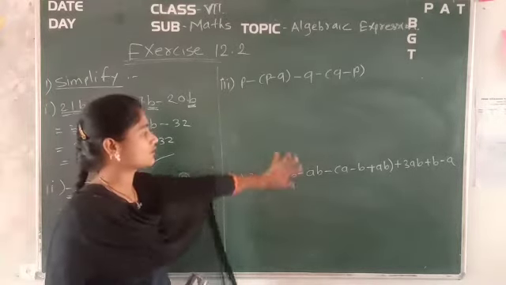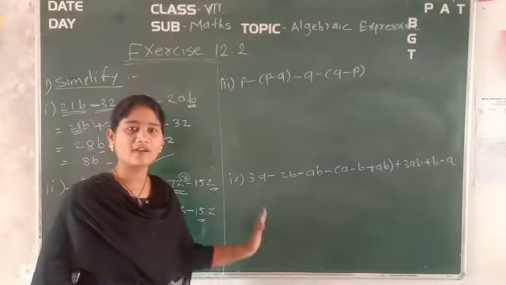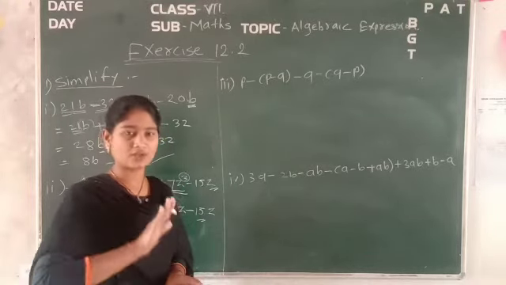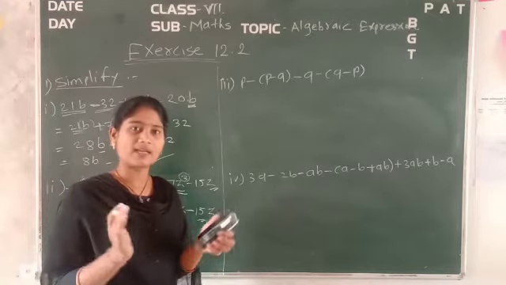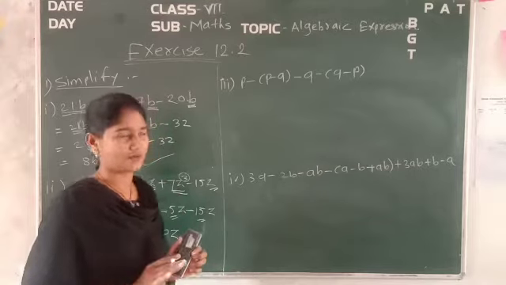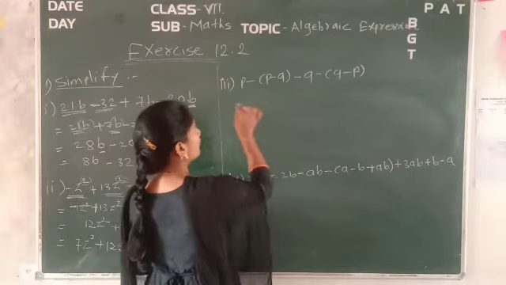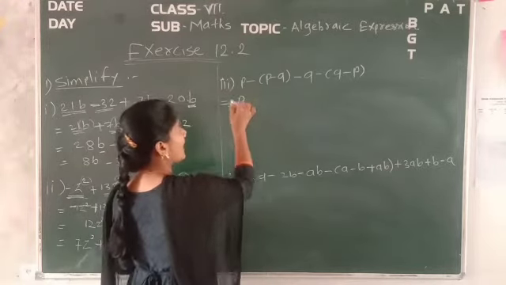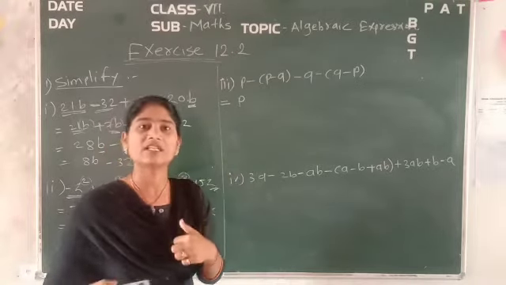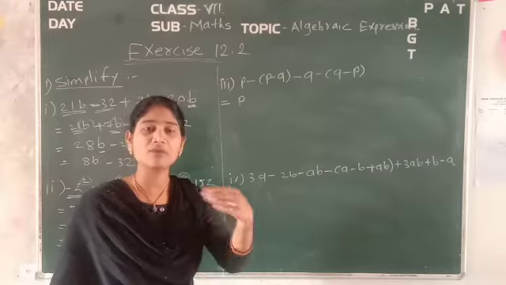Similarly, you have these questions. Maybe there are a lot of questions. No problem. What you have to follow? Just follow the rules and go through these rules. Okay. By combining the like terms towards each other, finally you can reach your answer. Okay. So within that also you can follow the same approach. P will be as it is. Now see, it is in the bracket, so we can't solve any terms within the bracket. First of all, we have to remove the bracket.